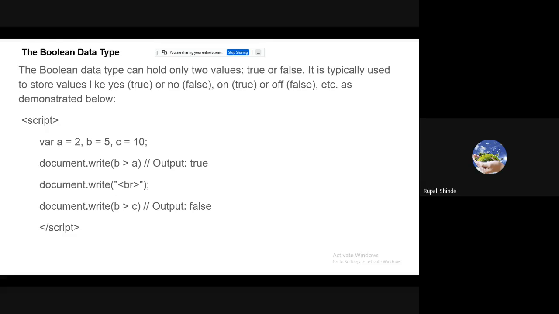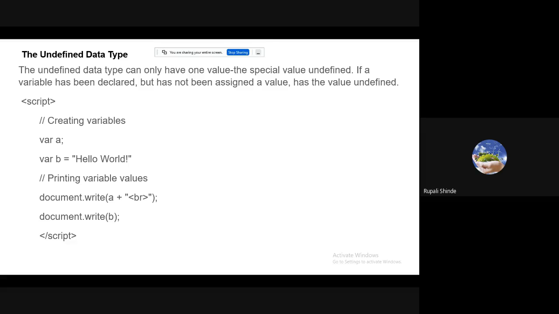Okay. Likewise, true or false outputs come under the Boolean data type. Then the undefined data type. The undefined data type can only have one value, the special value undefined. If a variable has been declared but has not been assigned a value, the value is undefined.